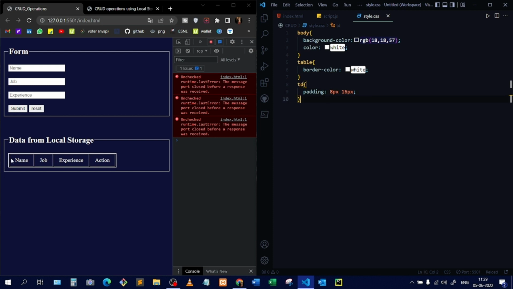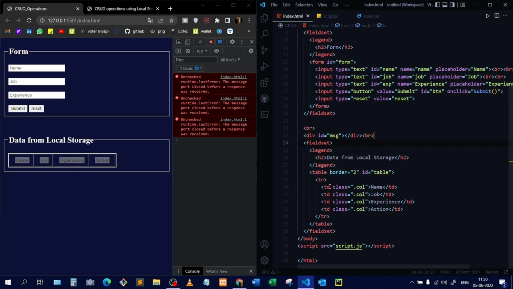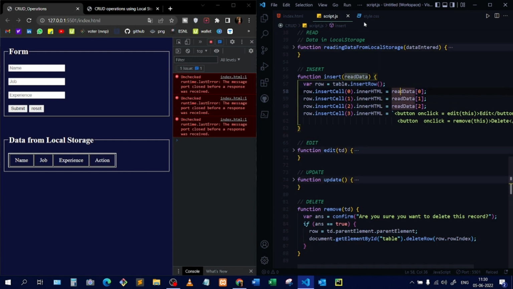Now I want this table's heading to look different from the rest of the rows, right? For that, you can see in this index.html file, I've given this specific row some class name. I have assigned all of these cells the class name dot call. Okay, I'll just remove this dot. I don't know why I gave this dot over here. Only call will do. So I'll access the cells with only the call class. Okay, so I'll just write over here in my CSS file